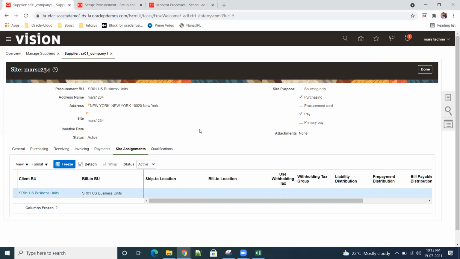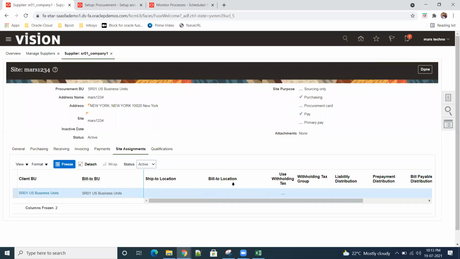So why is our inventory organization not coming? Because our inventory organization has not been mapped with the location. So we have to map it with the managed location. Then the system will allow us to select the ship to location. From which location we need to ship and from which location we need to make a bill.